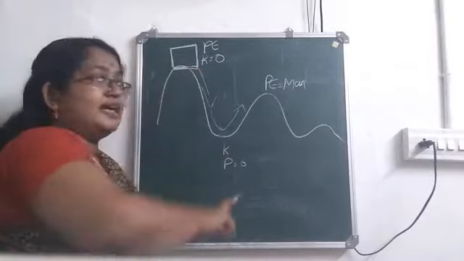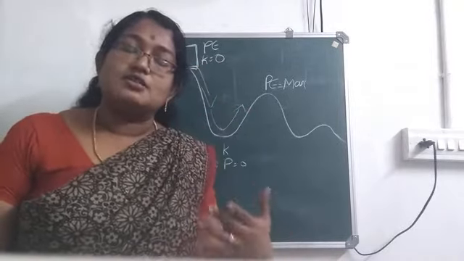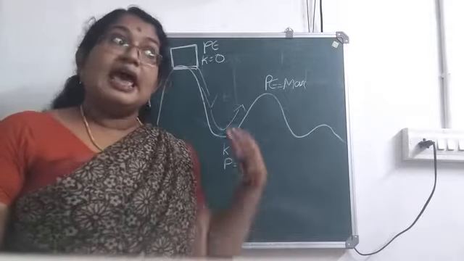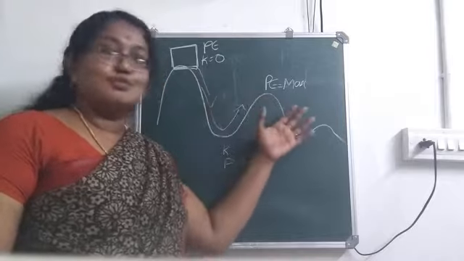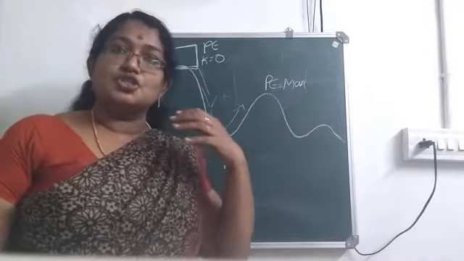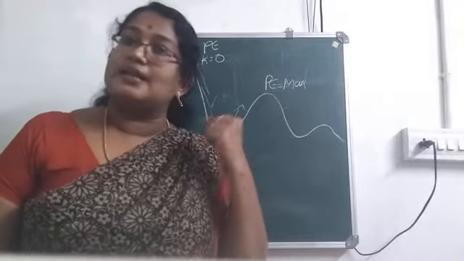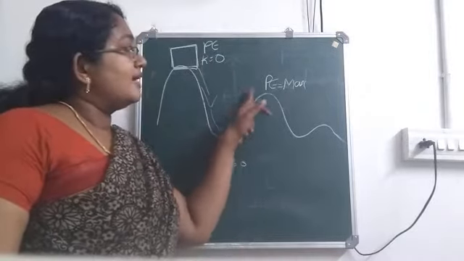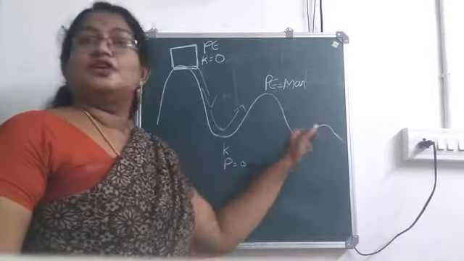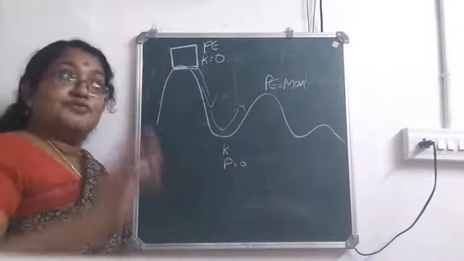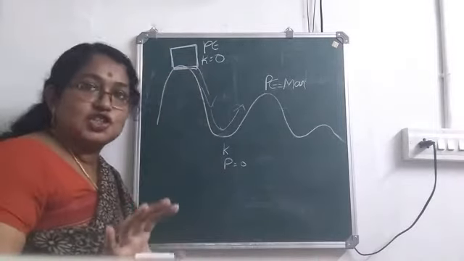Okay. Now when it is coming down, what happens? Some part of the energy is lost due to friction and sound. You can hear a loud sound when it is moving, isn't it? So the energy stored in this will be lost in the form of friction as well as sound. So the energy will be less when it moves to the next hill. That is why the height of the hill will be less.